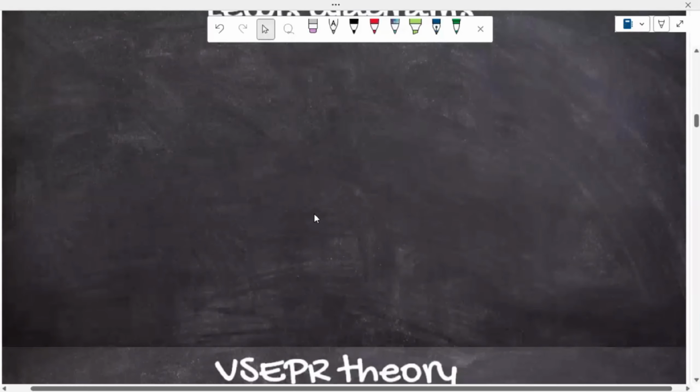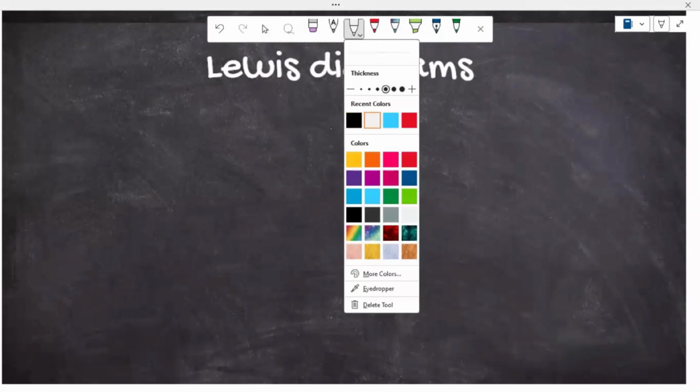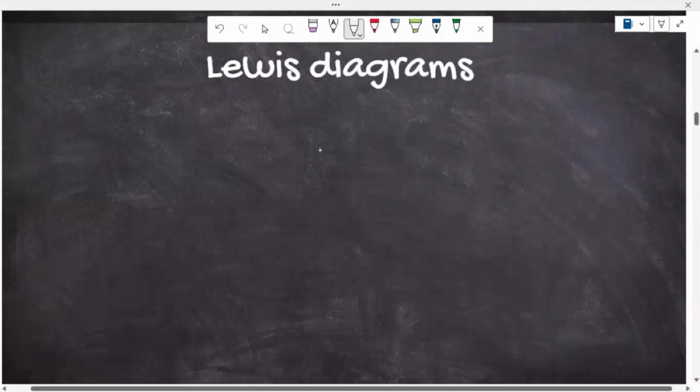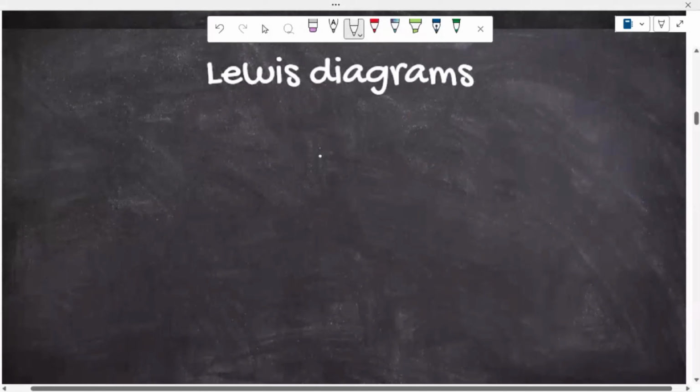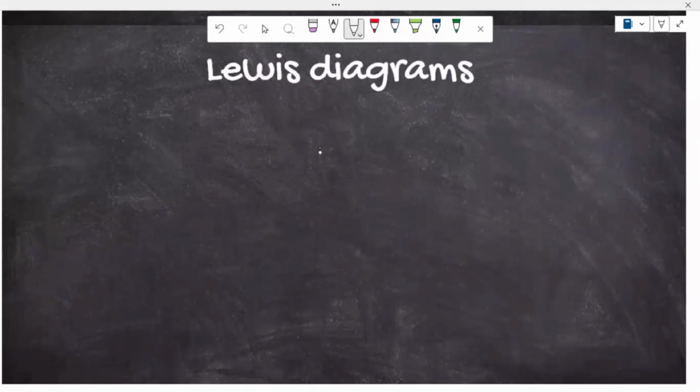But moving on to this idea of Lewis diagrams. So you did touch on this last year in grade 10. It's not much more complex. There's nothing really much different compared to what you did last time. The whole idea of your Lewis diagrams is just showing where electrons sit in specific molecules and specific compounds, right? So the whole idea of Lewis diagrams is that we are looking at our valence electrons,